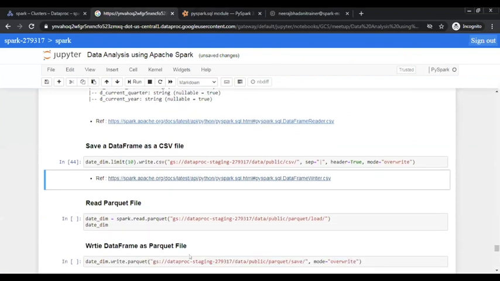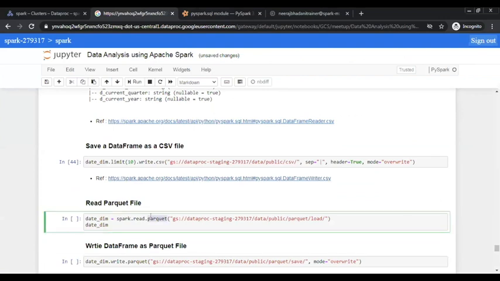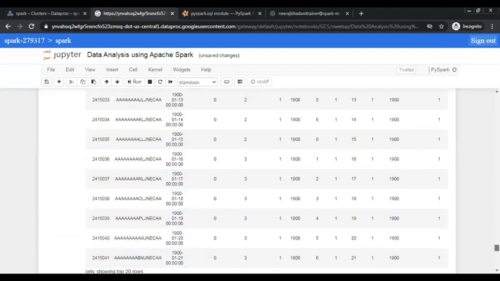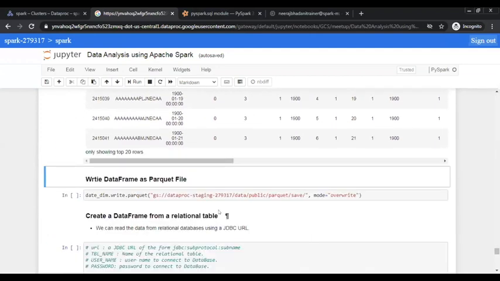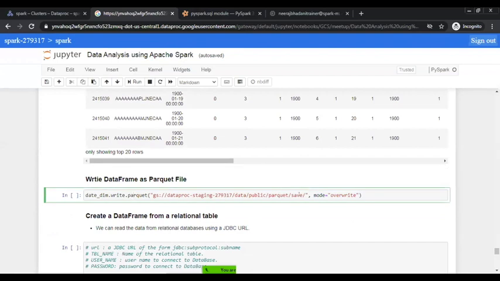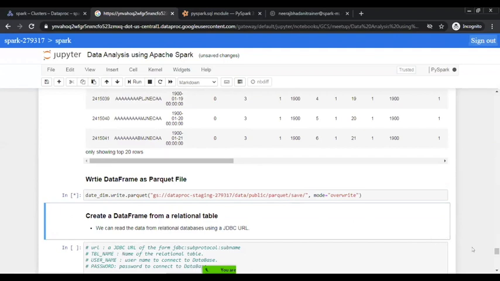At last, I would like to show you how we can read the Parquet file. It's pretty straightforward. We have a function called parquet, and you specify the location where your Parquet files are stored, and it will natively read those Parquet files and create a data frame directly. Okay. Similarly, if you would like to store it, it's pretty simple. .write.parquet, specify the path where you would like to save your data as Parquet, specify the modes. These things are pretty much the same for the other functions as well. So this will store your data frame as a Parquet file. So these are some of the data sources which you can use.